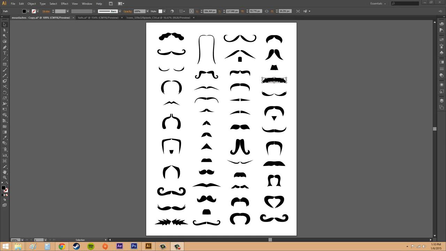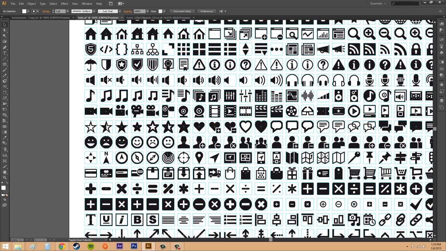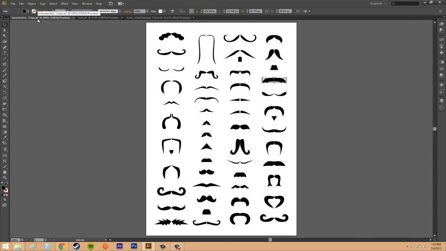Today we're going to learn how to work with the document windows. And by document windows, I mean basically this entire area is the document window. We've got the tabs up here which allow us to switch in between document windows. So you can switch between these by clicking on them,